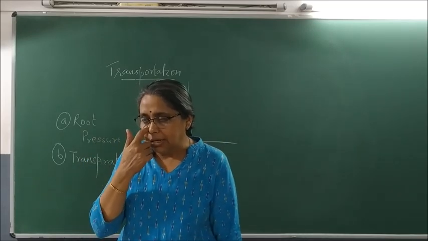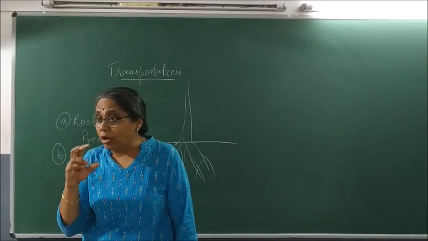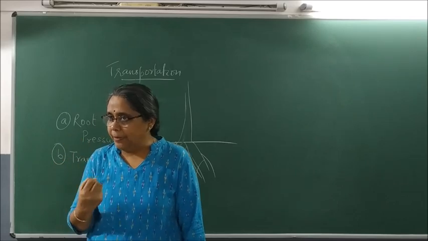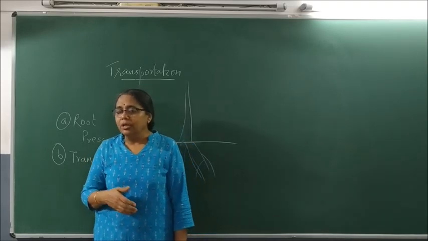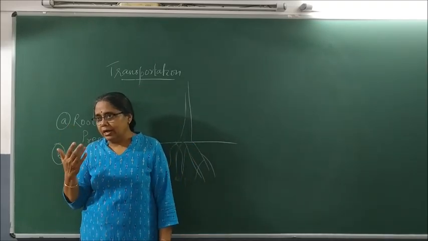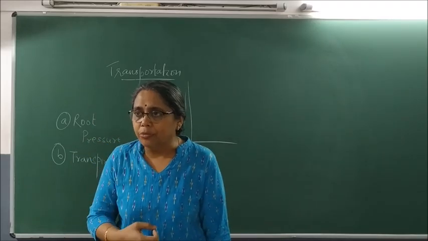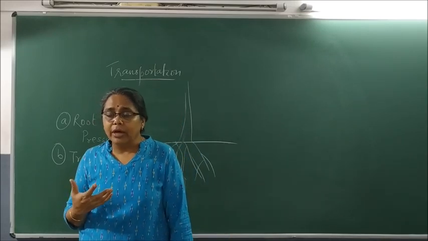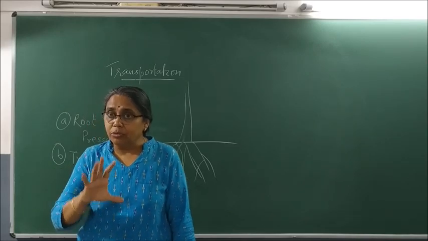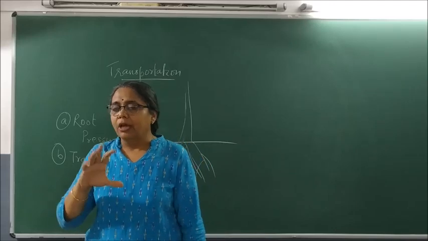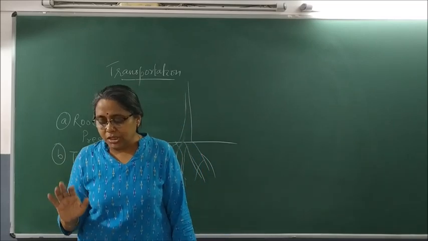So what is our answer? If the distance between the root and the leaf is very small, then diffusion pressure will help. But as you know, plants grow to very great heights and the distance between the root and the leaves becomes very, very large, then diffusion pressure cannot take all the substances from the root to different parts of the plant. So we require what? A proper transportation system. Is it clear? If the distance between the root and the leaf is less, diffusion pressure. If the distance is large, there requires a proper transportation system.